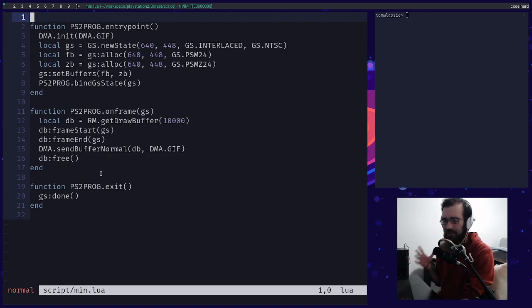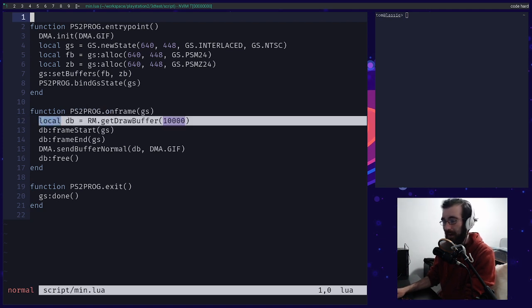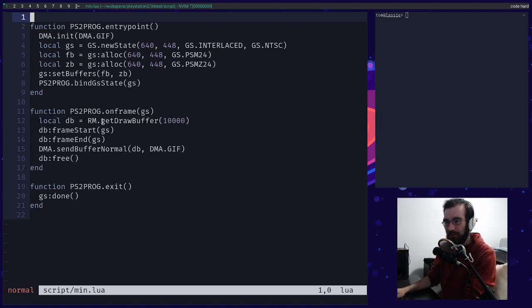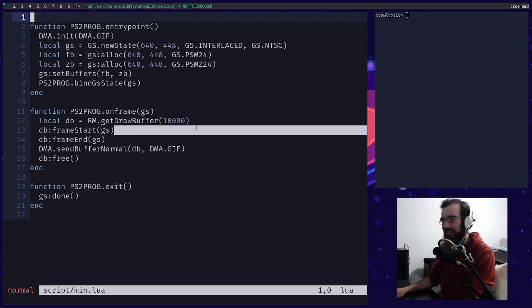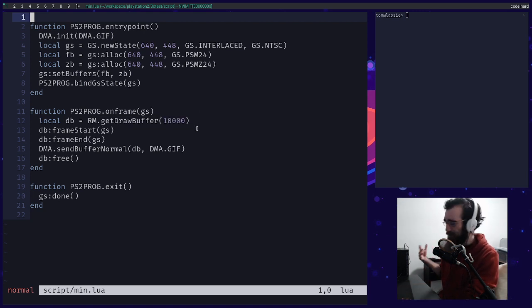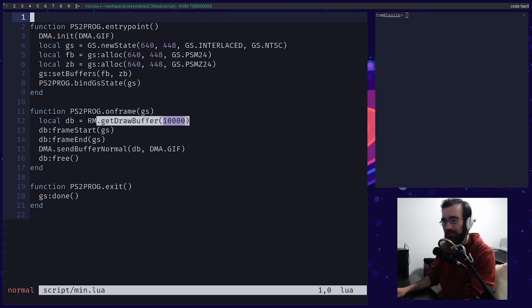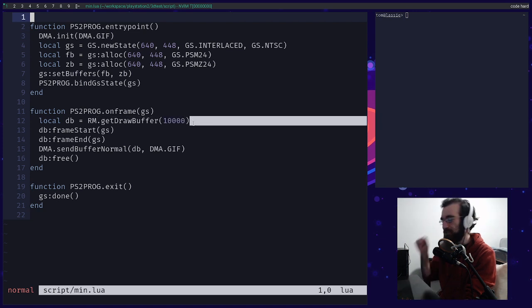The idea is we're going to have a generic buffer interface that will work with everything. But in the case of a generic buffer, we may actually want to have some kind of managed memory. Say, for example, we load a mesh that we want to draw to the screen. The draw buffer is not really in the same class of memory. The draw buffer is something that we need every frame. We don't want to be allocating and then freeing it 60 times a second. So the draw buffer is kind of a special case where every time we call this, we just get the same chunk of memory back. Maybe a little bit inefficient, but